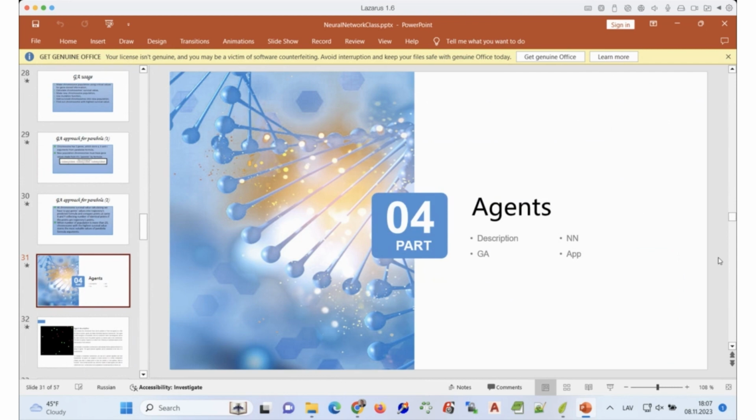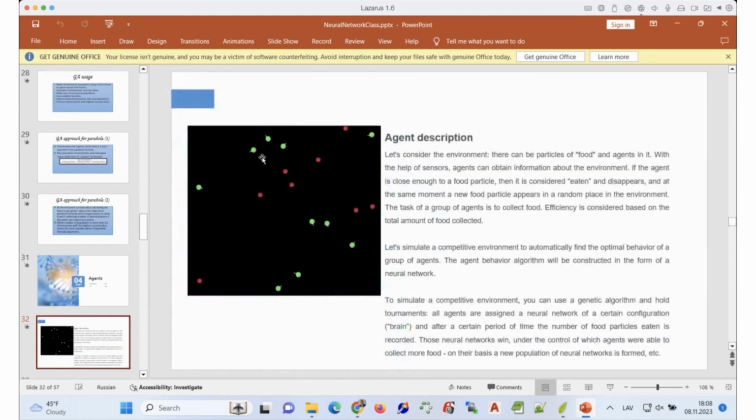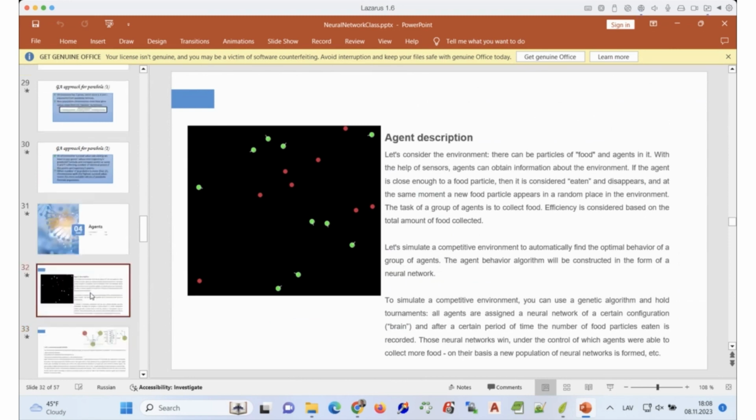Well, as I said, that could be NPCs, like artificial entities in your games, or maybe not only in the games, depending on what you would like to develop. So what do we have here? Here we will have the following case. We will have agents, which are entities, and we have red items, which are food items. And entities should grab the food and eat it, and should not share that food with others, just to guarantee their survival.